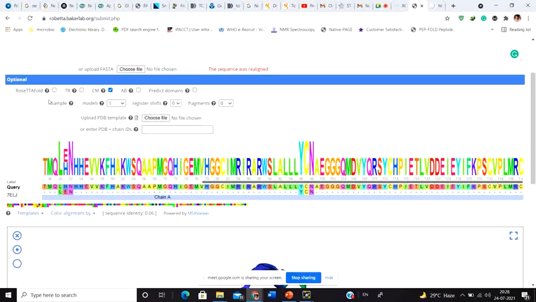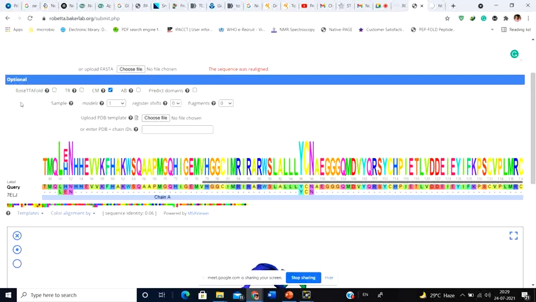Okay, apart from it, the next method is the TR method. What is the TR method? See, TR Rosetta, this is the deep learning method. And what is a deep learning method? This particular TR method is this Rosetta fold. This particular method is an updated version of the TR method. So the TR method is a deep learning method.